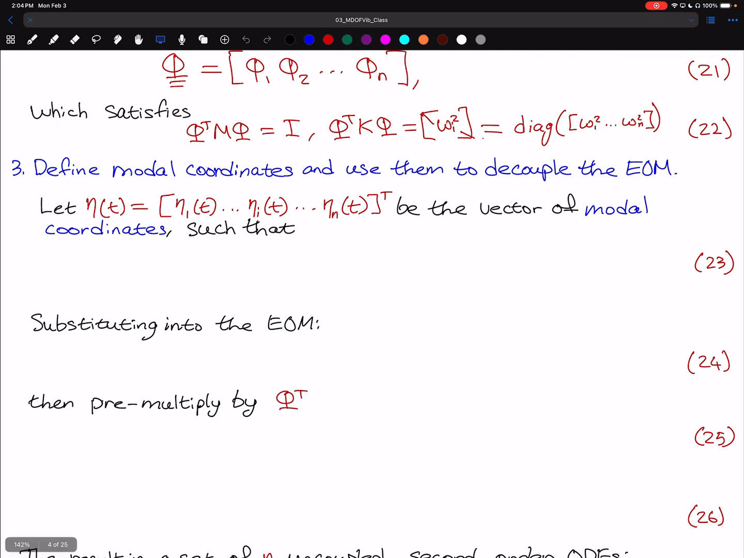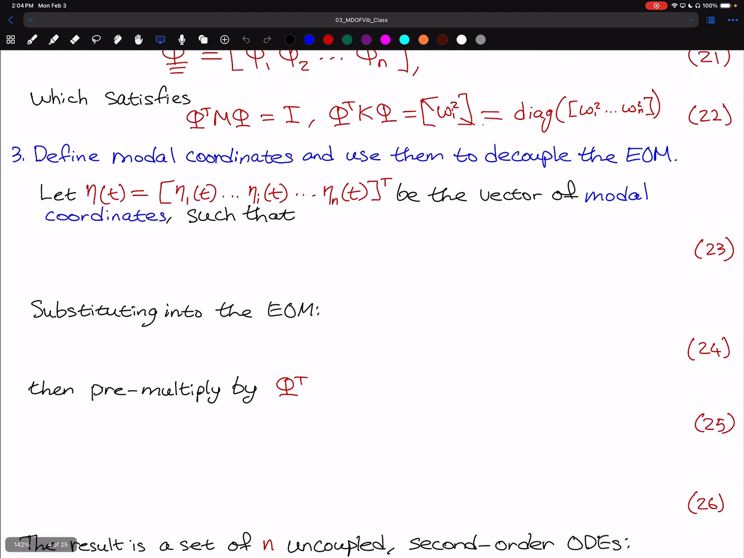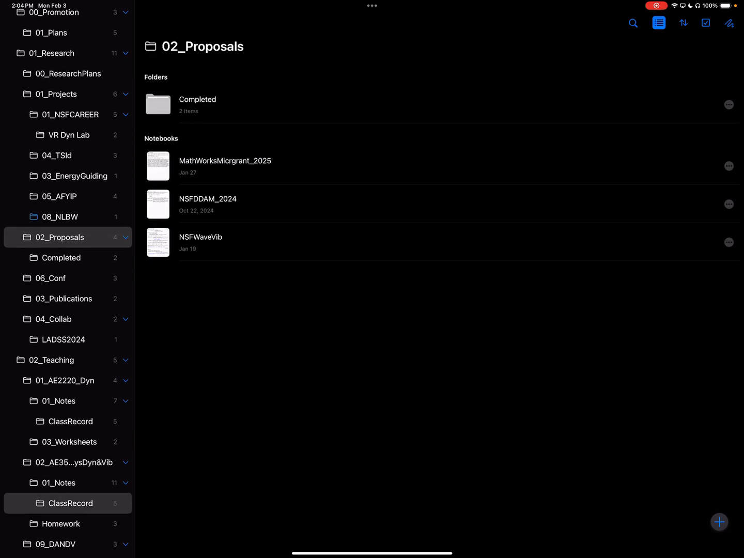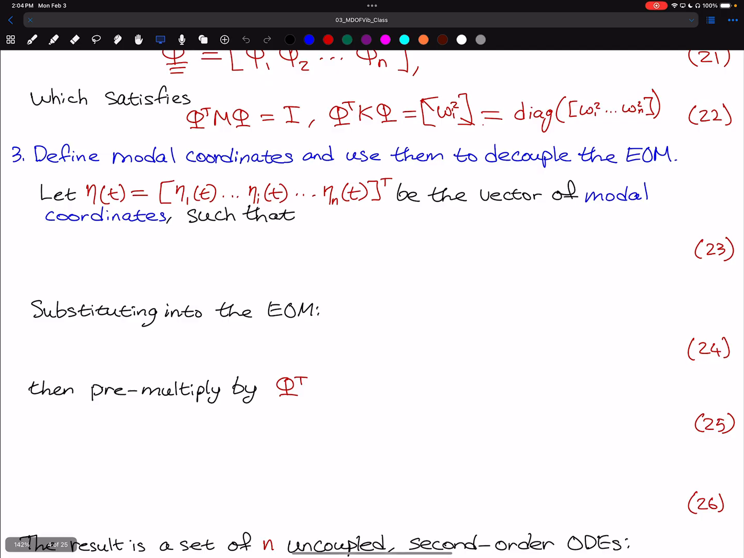Okay, and that brings us to step 3, which is where we're going to start today. We're going to start by defining modal coordinates, and then we're going to use them to decouple the equations of motion. So we're going to define a vector eta of t, which is going to be equal to a collection of etas 1 through n, and each of these will be a modal coordinate. Each of them will describe the oscillations of a single mode of vibration,